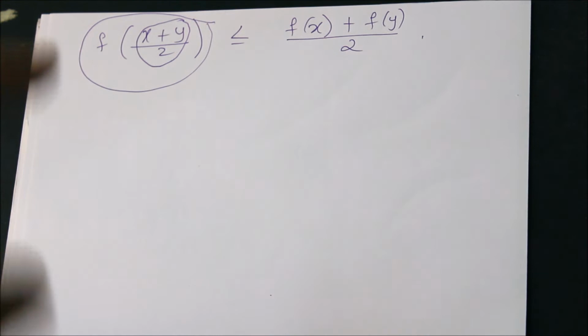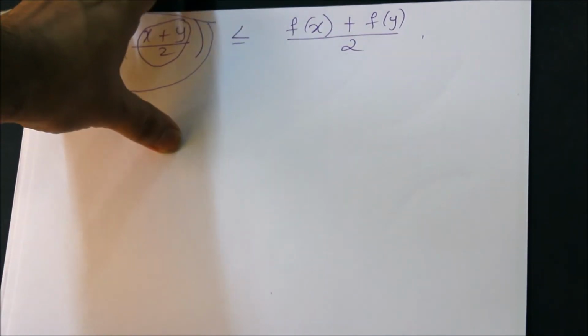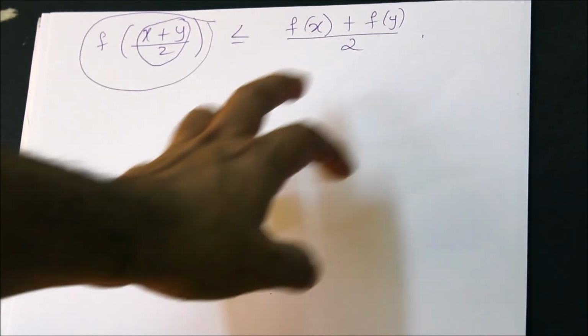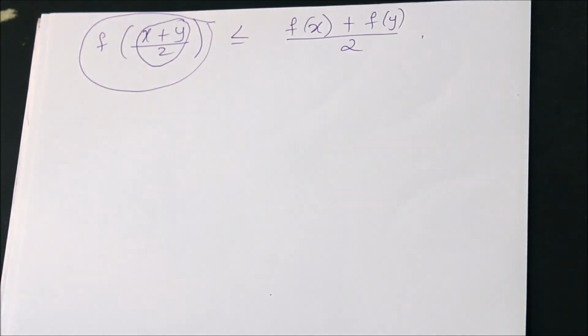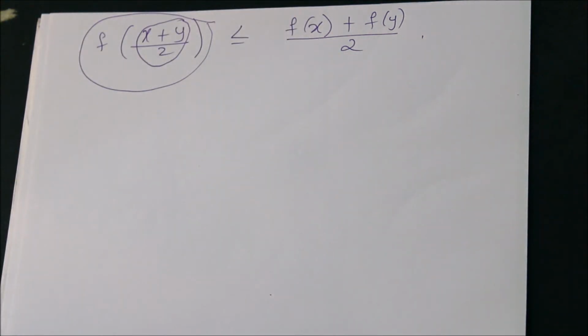So what this says is that if you take the average of your salary, then you pay the income tax, that is always less than or sometimes equal to the average of the individual income taxes. So I don't know whether government has given this option or not, but I don't think they have, because if they have, then you can take your and your spouse's salary, take the average, show that this is our one family income, and then pay the income tax. So many times it will happen that it will be less than the individual income tax.